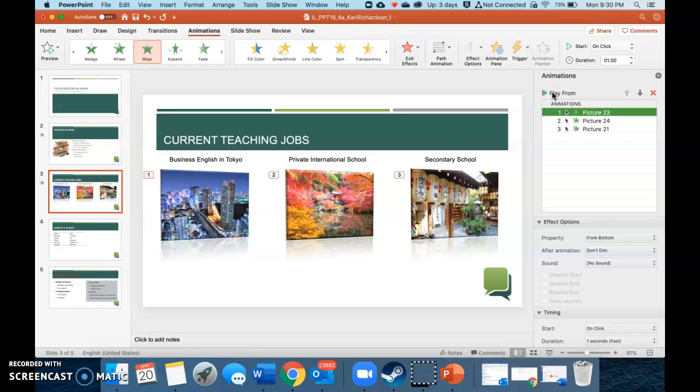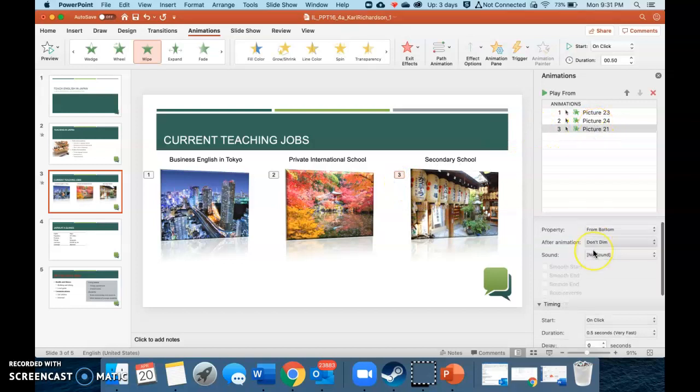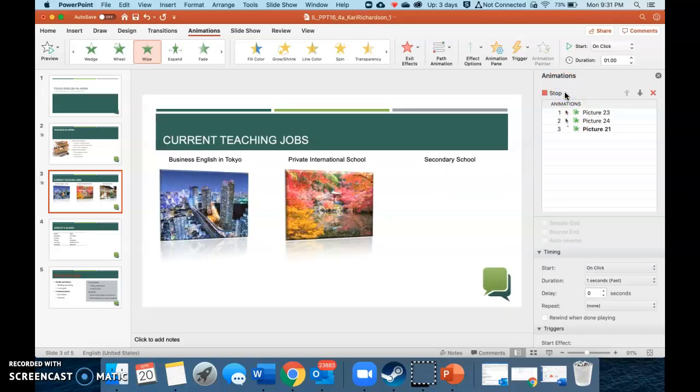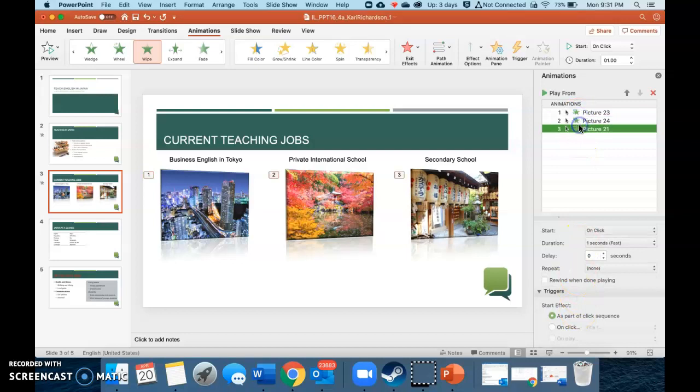Change the duration of the animation on the picture under Secondary Schools. Number 3, we want that duration to be 1 second. So we want it to be fast, so then you can play again and see it. If you want to play from the beginning, you can go ahead and do that. Awesome. Are all of them 1 second? I'm just curious. Oh, they are. So we just changed that one to 1 second. Awesome. Okay, on slide 4,